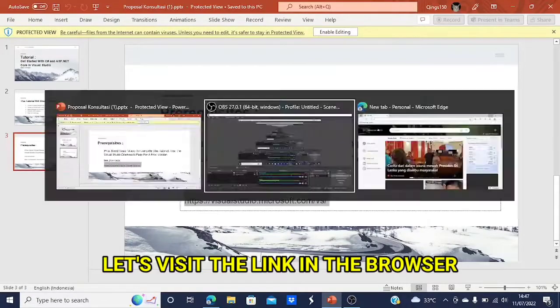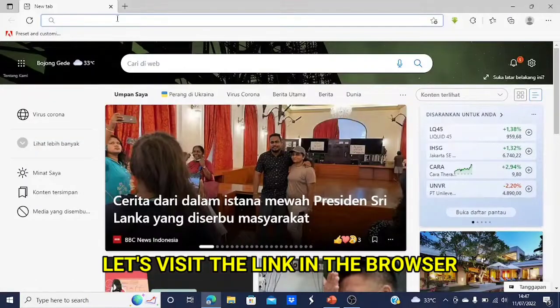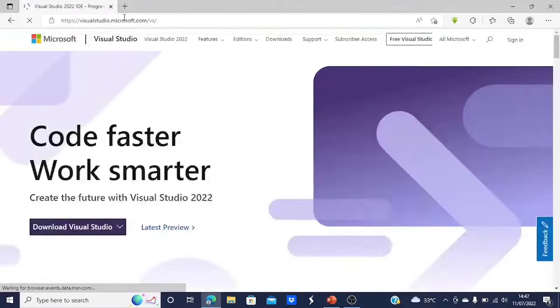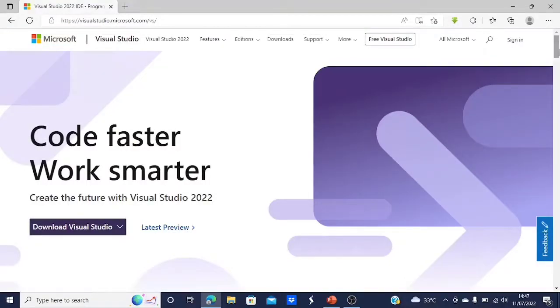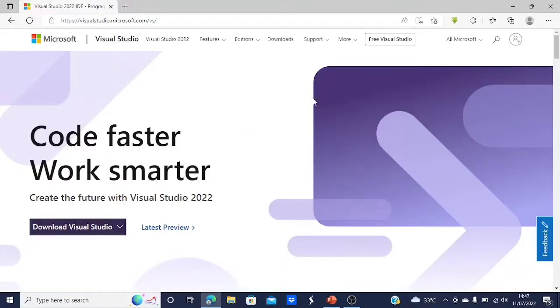Yes, this is the website for downloading Visual Studio 2022, and I use this Visual Studio 2022 in the free version.